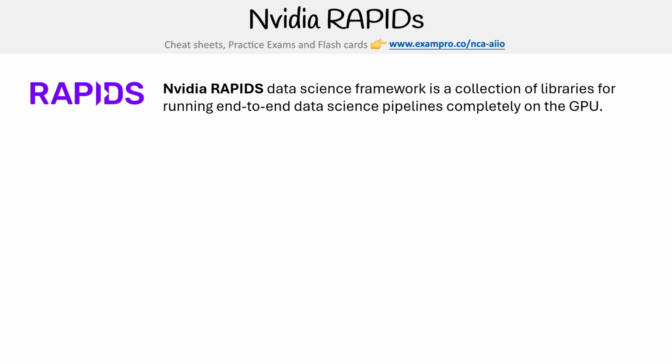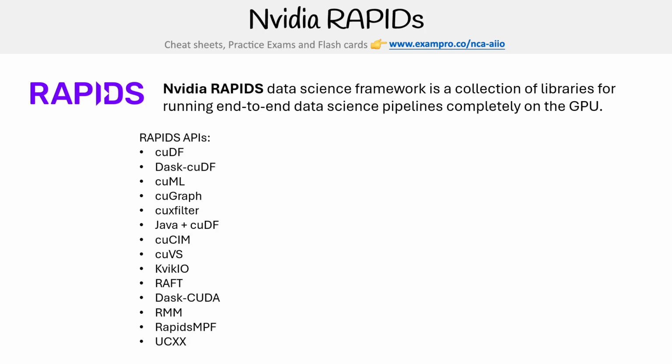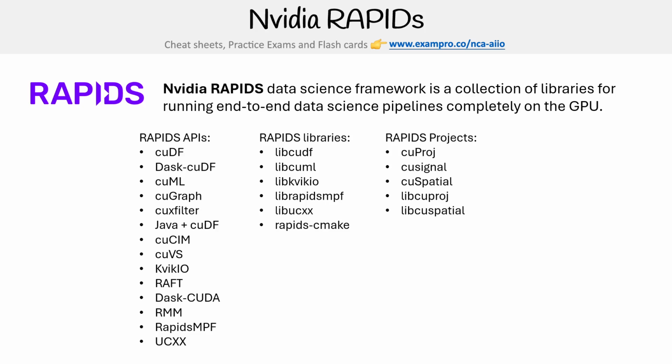All right, so NVIDIA RAPIDS is a data science framework and a collection of libraries for running end-to-end data science pipelines completely on the GPU. So we have the RAPIDS API, the RAPIDS libraries, the RAPIDS projects, and there's a lot in here, but the one that you're going to know is this one here, cuDF, okay? Because I believe that is the one that is giving us DataFrames. So we see DF for DataFrame, and that gives us that compatible DataFrame that looks a lot like